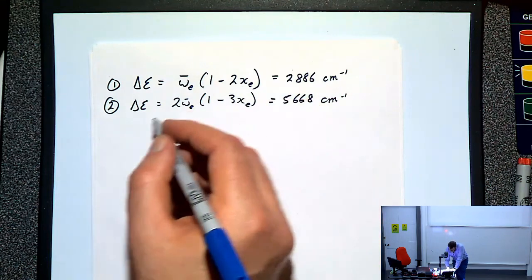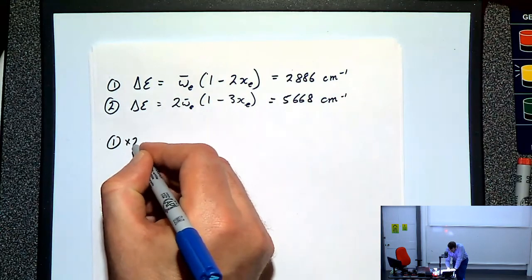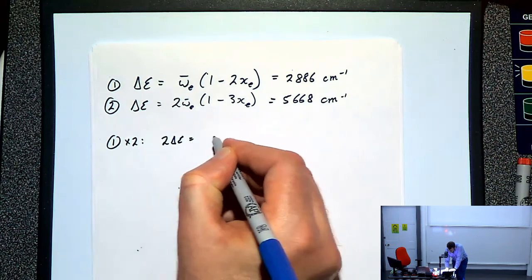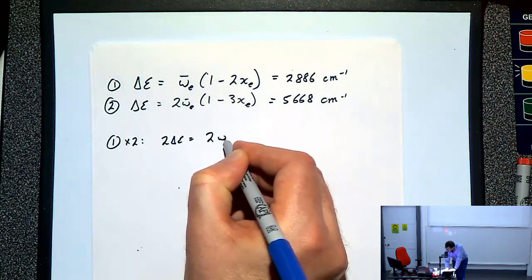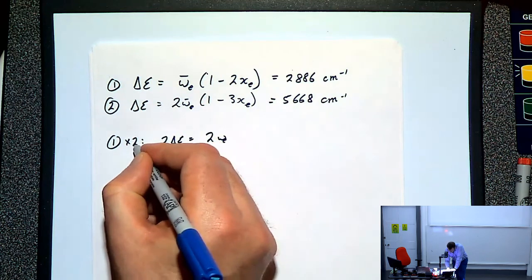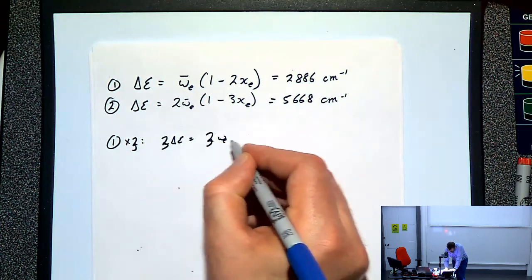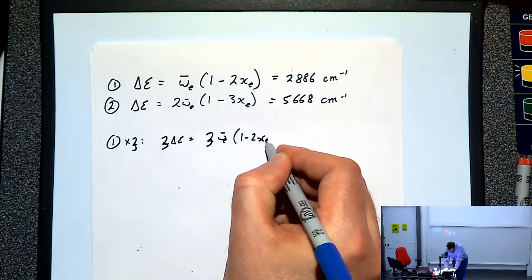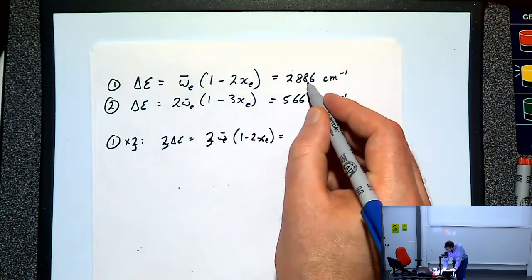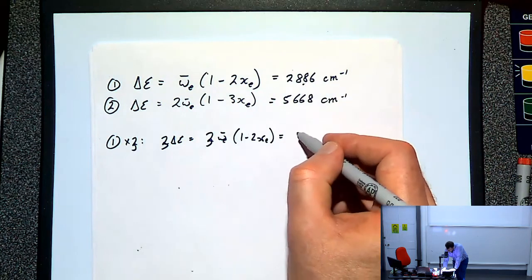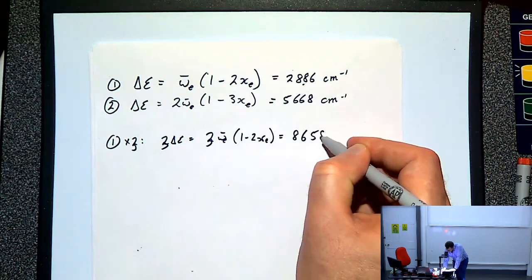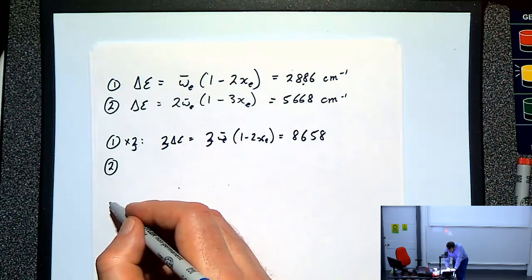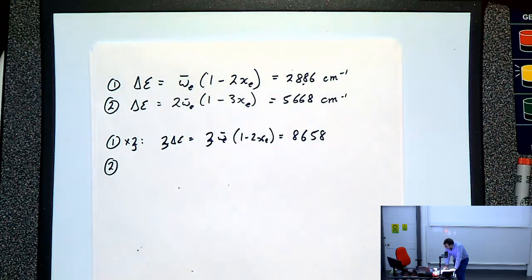So equation 1 multiplied by 2. That means I get 2 times delta E is equal to 2 omega E, 3 omega E on 1 minus 2 xe is equal to 3 times this, which gives me 8658. And if I take equation 2 and multiply it by